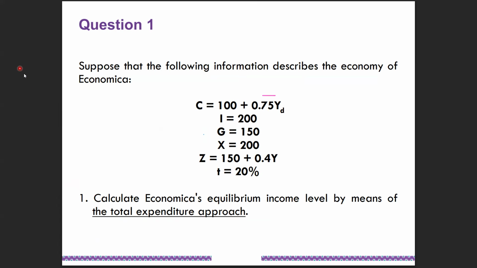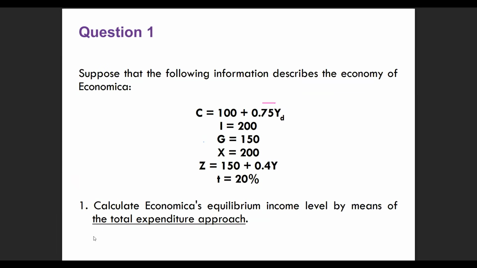And you know that when you're using the total expenditure approach, you say, let me just say aggregate expenditure. They want to calculate the income. So Y equals, basically you add everything. It's going to be C plus I plus G plus X minus Z, right? And then you need to take into consideration